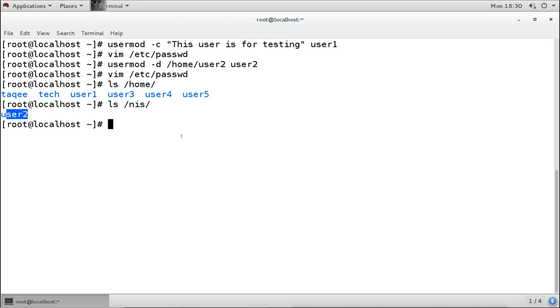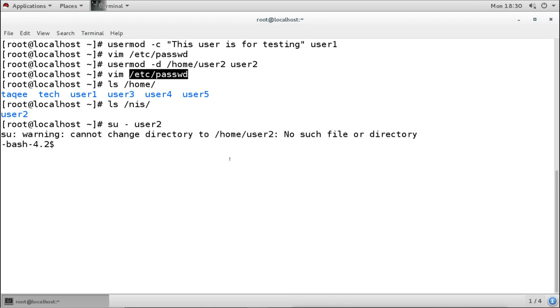Now what is the problem? In the configuration file it says under home, but the directory is not there. So when the user tries to log in, it will search for the home directory the configuration file says, and it says cannot change the home directory, no such file or directory, because it only updated the configuration, but the home directory is still there.